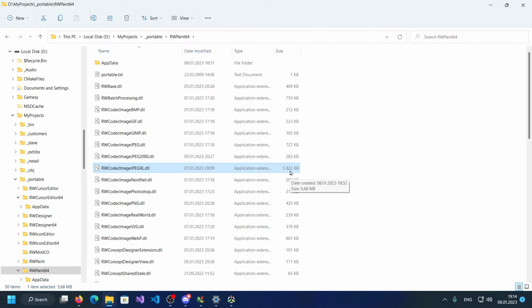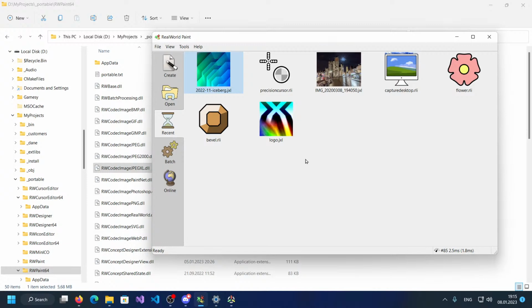but the new codec, the new format is quite extensive. It supports animation, but I'm currently not supporting animation. This is a testing version. You can read and you can write images with it. And you currently cannot choose whether you want to use lossy or lossless compression,